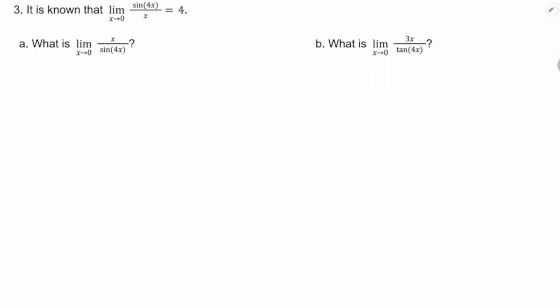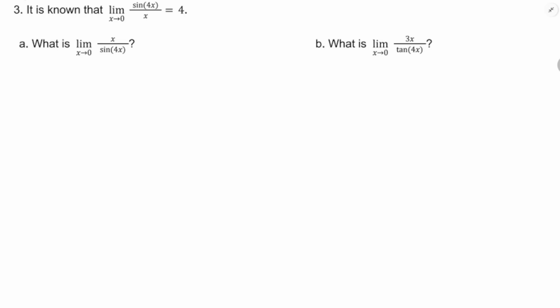Okay, this next problem, this is from when I made a new homework, a new set of practice problems. I saw this and I realized that if I tell you that the limit as x approaches 0 of sine of 4x over x is equal to 4, we can use limit properties to explore some algebraic things. So what is the limit as x approaches 0 of x divided by sine of